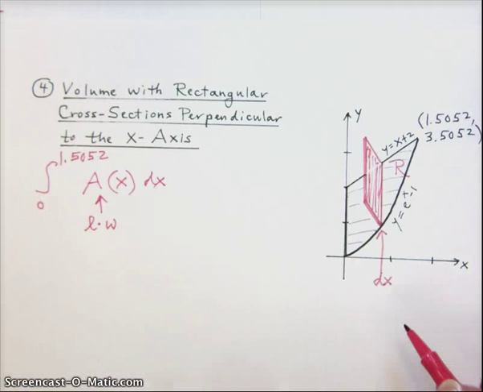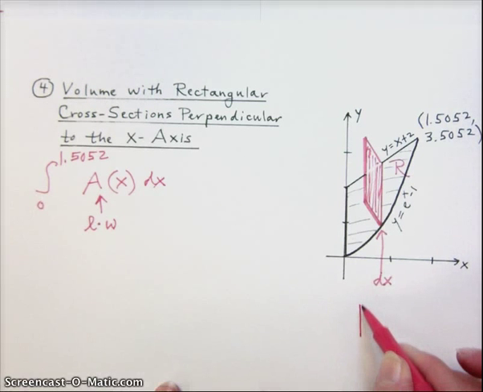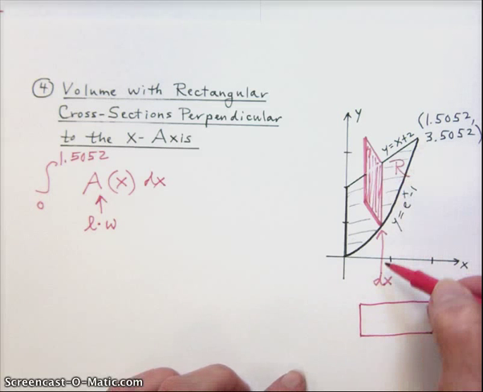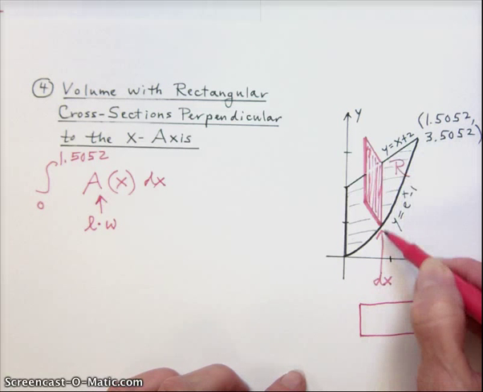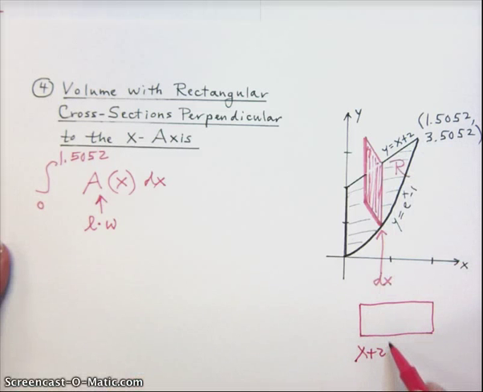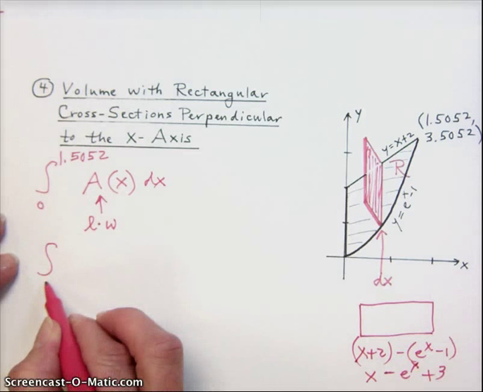In this case, we have rectangles whose cross-sectional areas are given by length times width. So let's think about what these rectangles look like. These rectangles have lengths, which are the y value up to the line minus the y value to the curve. So that would be x plus 2 minus e to the x minus 1, or cleaning that up, x minus e to the x plus 3. All right, so let's put that in. We have integral from 0 to